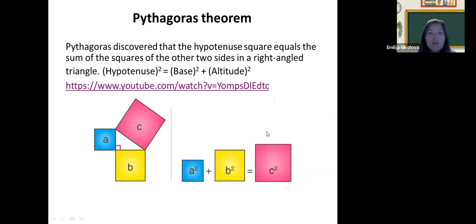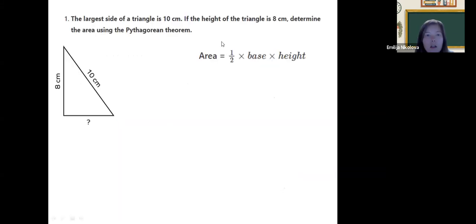This one is to calculate the largest side. The largest side of a triangle is 10 centimeters. That means that the hypotenuse is 10 centimeters. So if the height of the triangle is 8 centimeters, we should find the area of this triangle using the